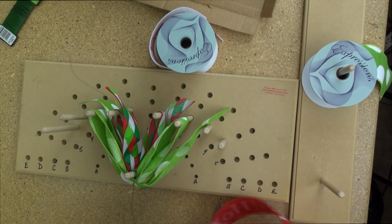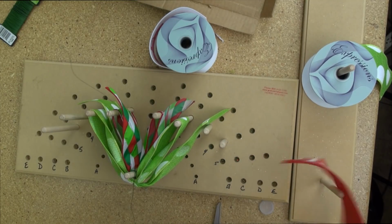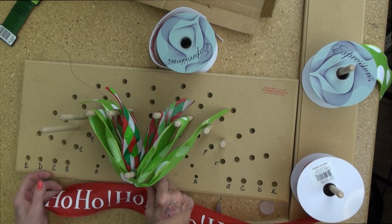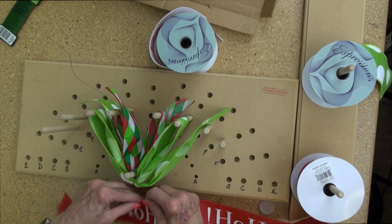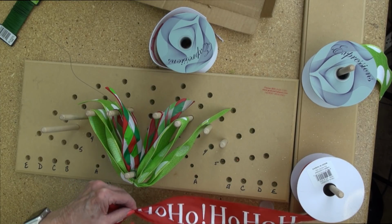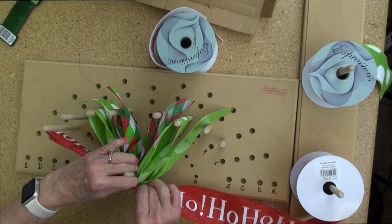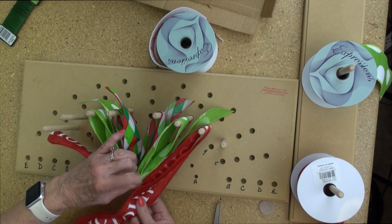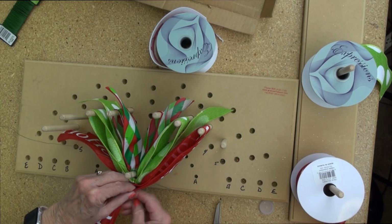So now I'm going to use another ribbon. This is a really pretty ho-ho-ho ribbon. And I'm going to measure my tail, coming about out to the C mark. Pinch that ribbon together, or pinch it face side toward the board, stack it right on top of that last ribbon, make a loop around that third peg, come back to the center, pinch that up,